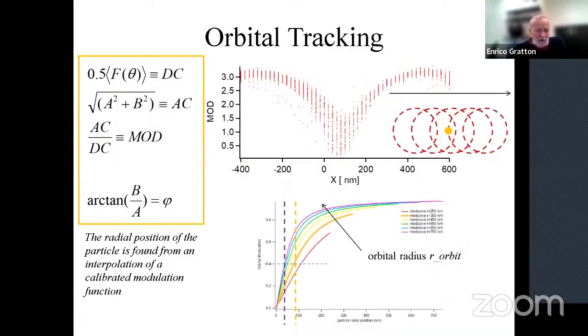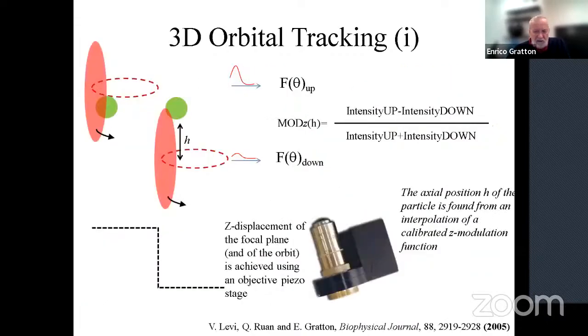So the method here is now the data. For example, the modulation has a maximum when we are out, then it has a minimum when we get to the particle, and then it has a maximum again. So it has that shape. So wherever you are, you can go back to the origin. And the radius of the orbit is given by the phase, which can be measured too. So next slide. Okay, so let us see how we can do 3D particle tracking.